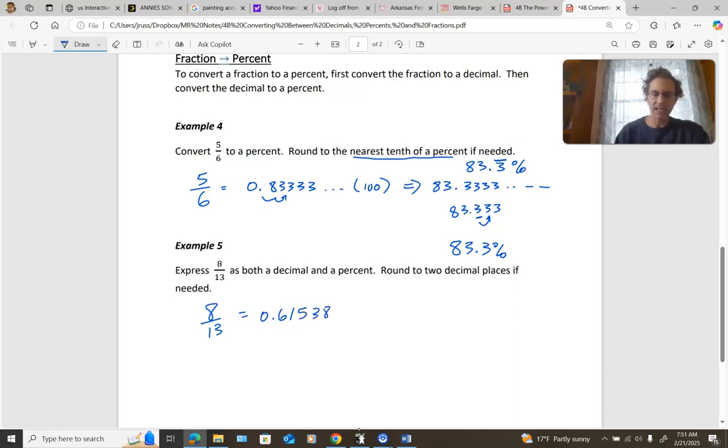All right, now as a decimal, if I round this to 2 decimal places, that means the hundredths place. There's a 5 behind it, so this will become 0.62 as a decimal. Now, to go to a percentage, you need to keep working with this original decimal and then multiply by 100. So if I now multiply by 100, that's going to give me